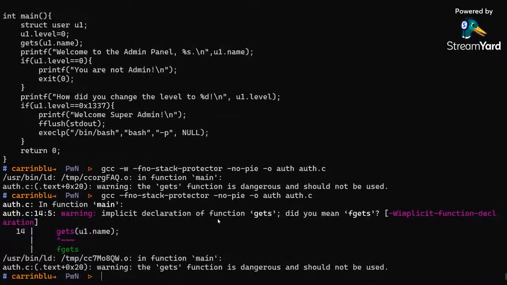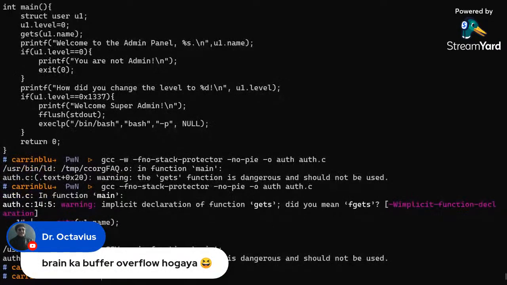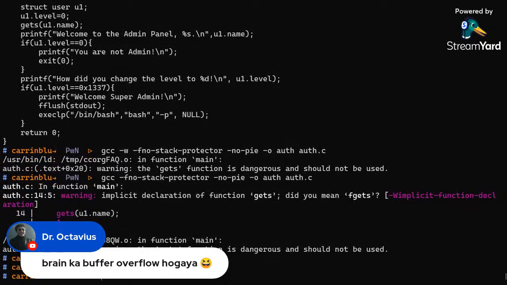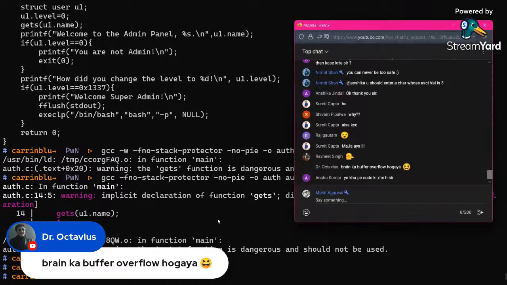ठीक है। तो दिस इज अ वेरी brief like glimpse into a field called binary exploitation, or better known as pwning, ठीक है। सो आई होप यू लाइक इट। किसी को और कोई डाउट्स है? हाँ, बिन का बफर फ्लो होगा।